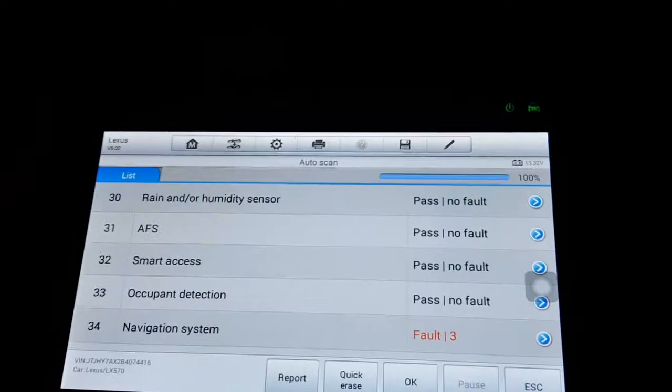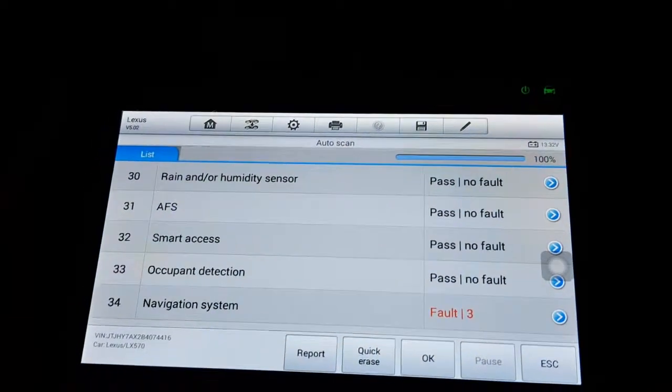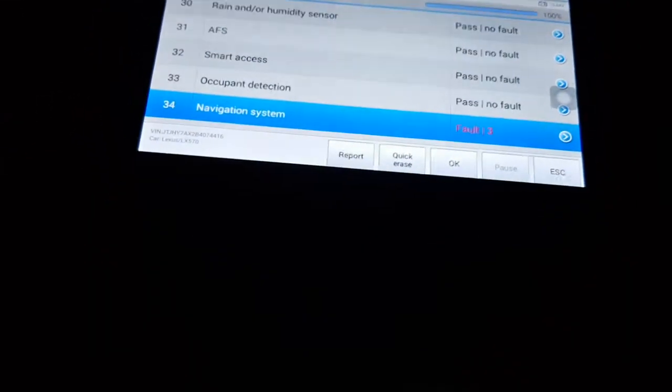We completed, as you see, 100%. The navigator system shows here. Let's go to the navigator system.